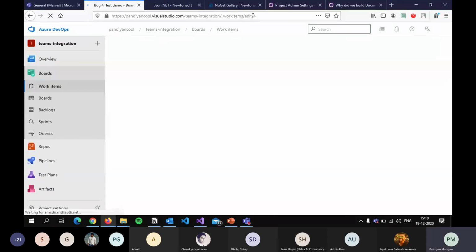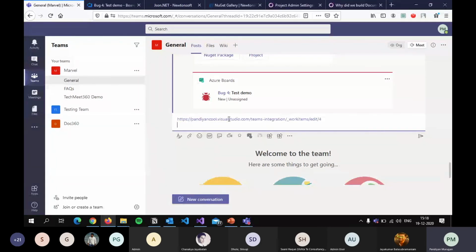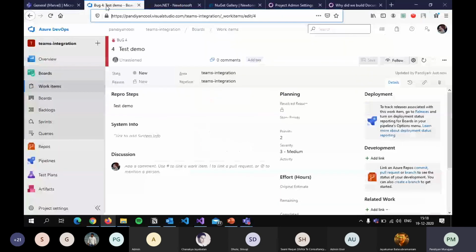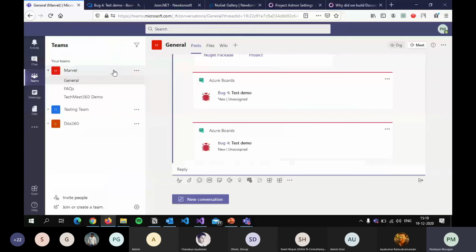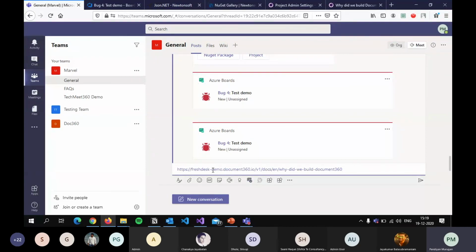So I have a work item ID here. If I paste it in this, it's not showing up. Okay, as I told, I just pasted this URL, and the card is getting created automatically. So you can just delete it and send it to anyone. For example, if someone is chatting related to your application, like Document360, and they are sending this particular URL, someone will not get information using the URL itself. So they can get some information; those kinds of things are called link unfurling.